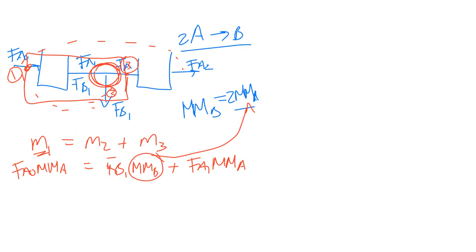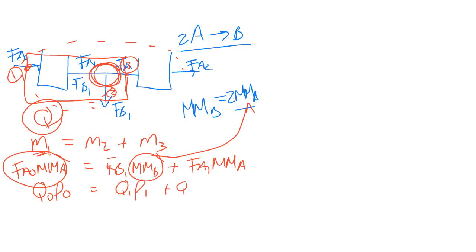And if I want to calculate the volumetric flow rates of the different streams, I need the density, because this is equal to Q0 times rho 0, which is equal to Q1 times rho 1 plus Q2 times the density of 2 and the density there of stream 3 times volumetric flow rate of 3. You are interested in calculating this volumetric flow rate. So I suggest do this.